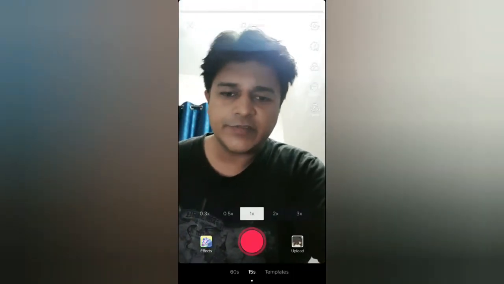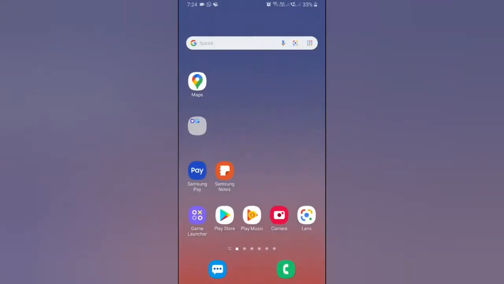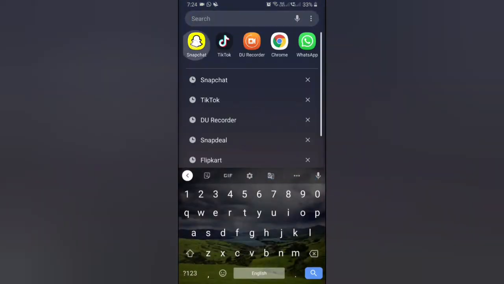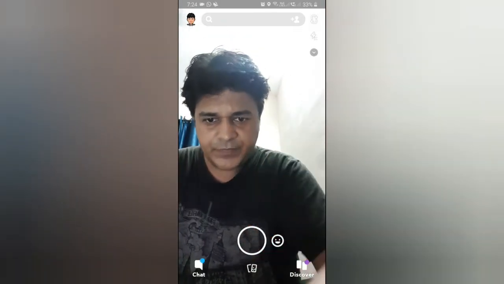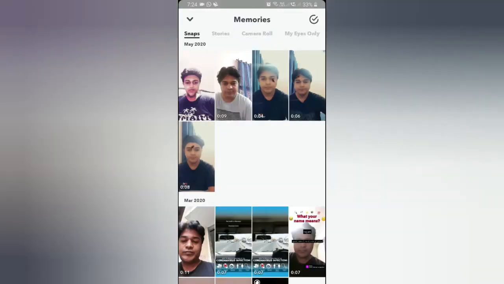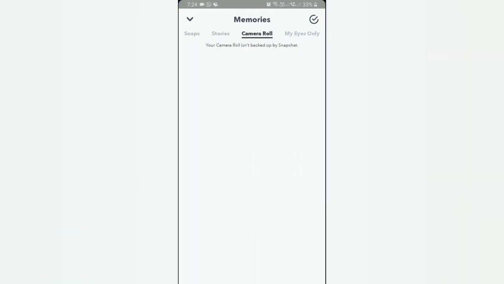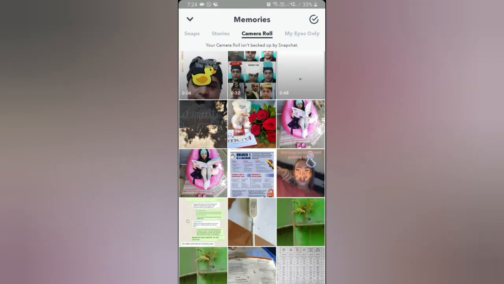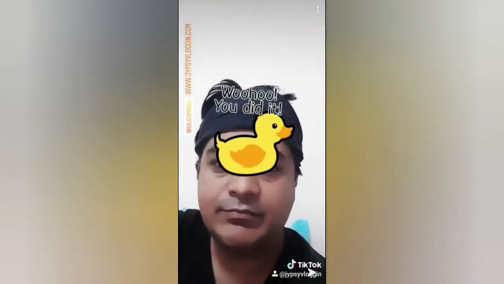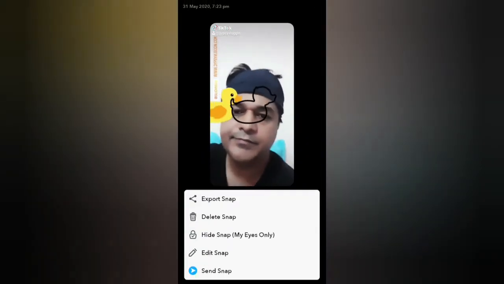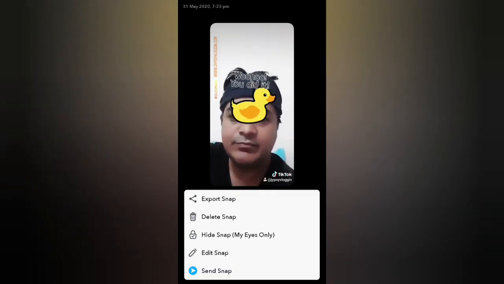let's go to Snapchat. Okay, this is the browse button, tap there, go to camera roll. This is the video we just saved. At the top right corner you can see these three vertical dots, tap there. In this pop-up, tap on edit snap,